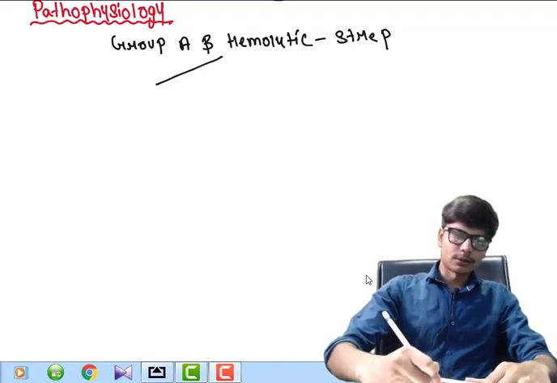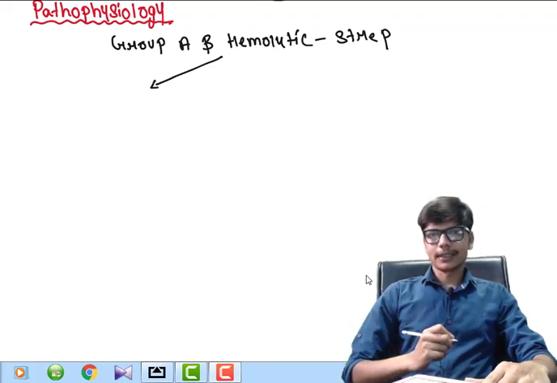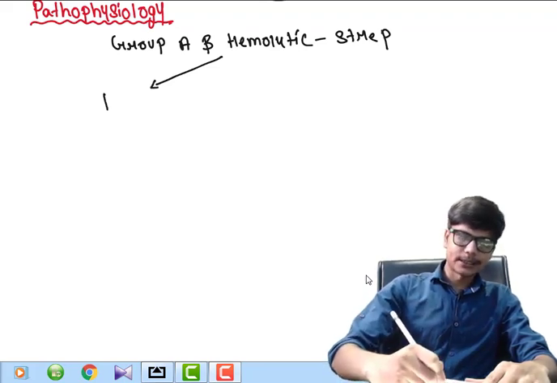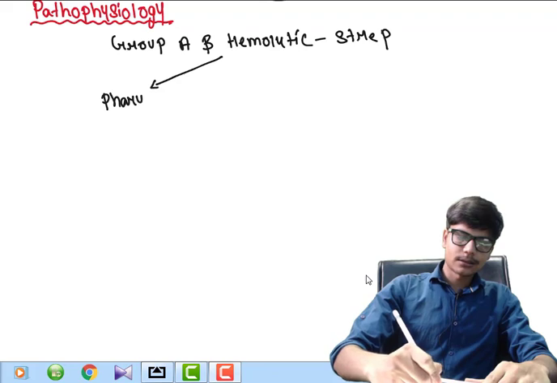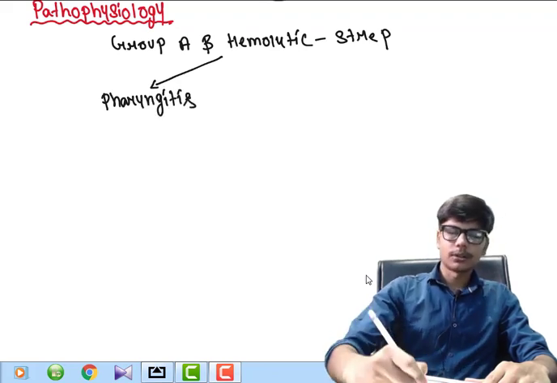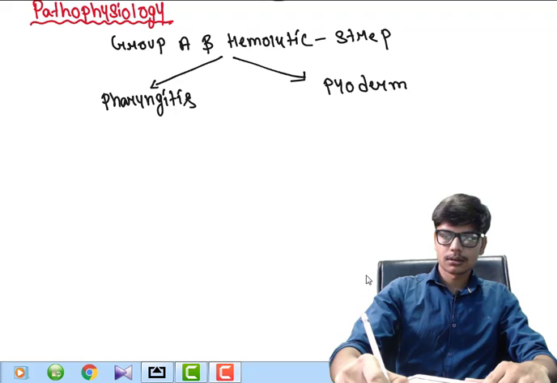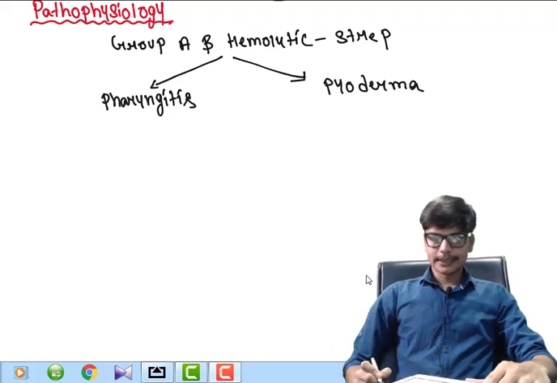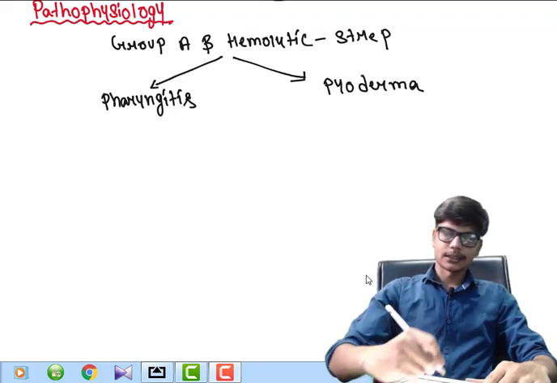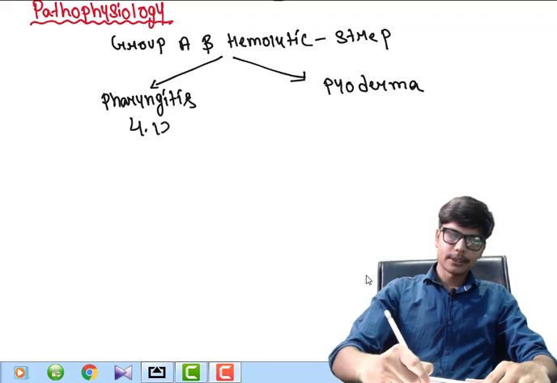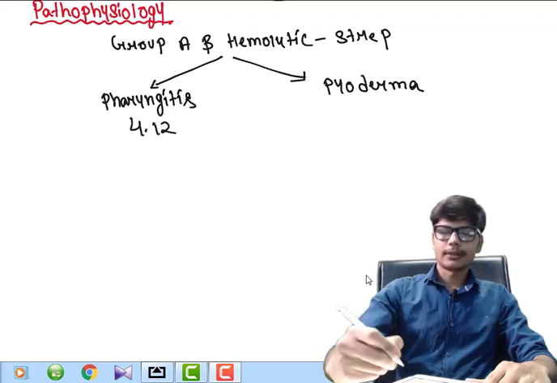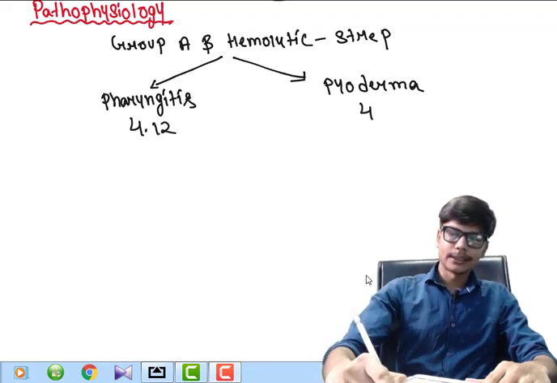It can cause an upper respiratory tract infection, that is pharyngitis or sore throat, or it can cause a skin infection, that is pyoderma. The strains which cause pharyngitis are 4 and 12, and the strain which causes pyoderma or skin infection is